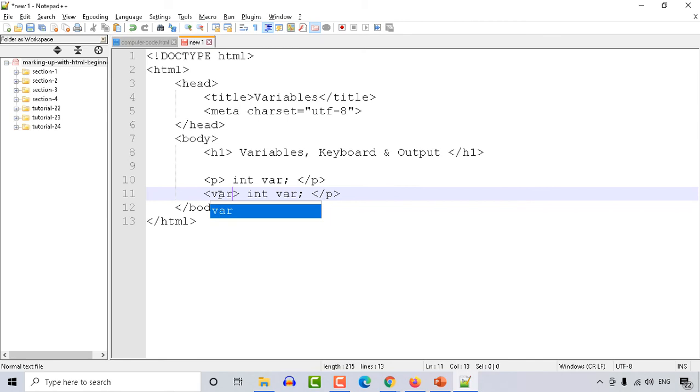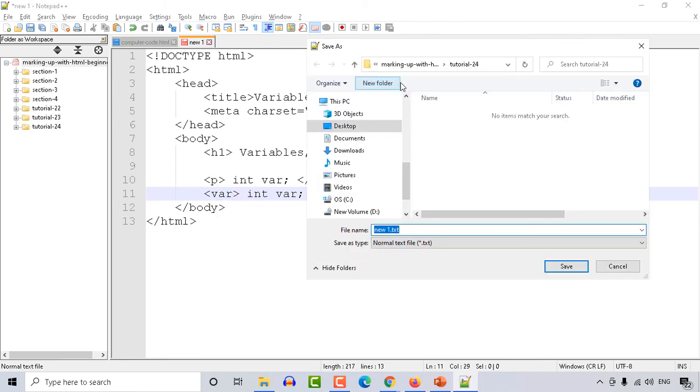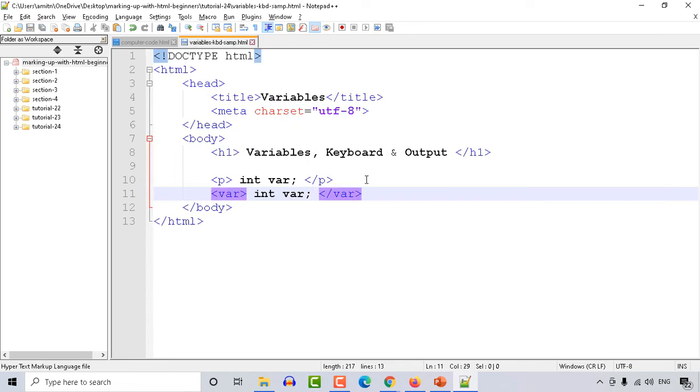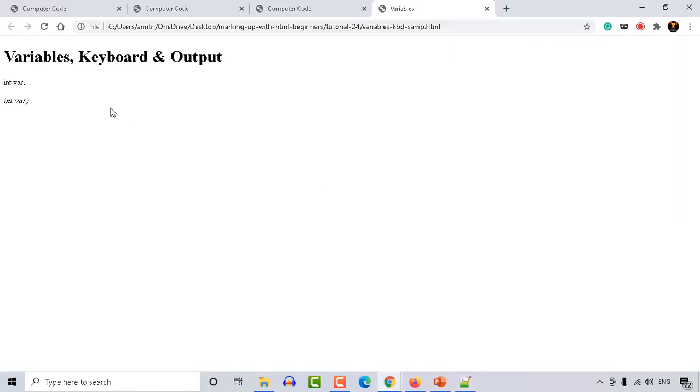If you remember, the var element is for variables. Now let me save it first with the name variables kbd samp.html. Fine. So let me show you the output. Launch in Chrome, and now you can see the difference in the format in which they appear.